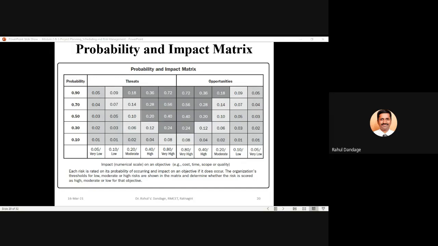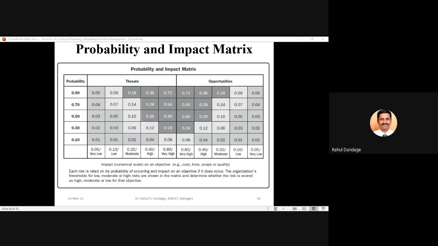Means your probability of occurrence is 10%, 30%, 50%, 70%, 90% likewise. And if you refer to the various columns, the matrix has been divided into two parts. One is threats and the other is opportunities, or in other risk terminology, threats are nothing but negative risk, and opportunities are nothing but positive risk.